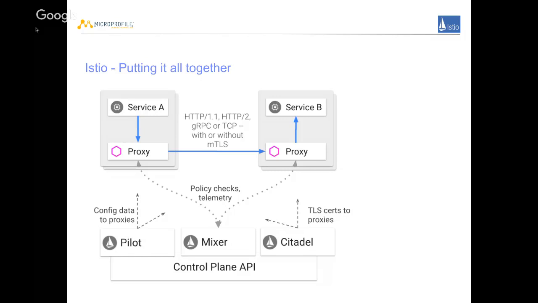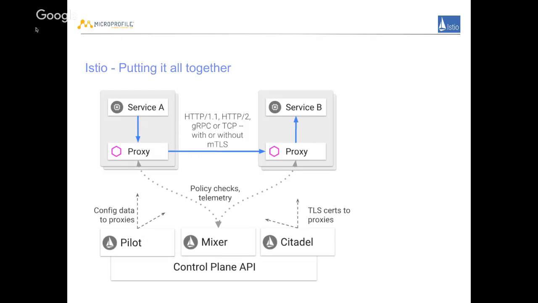Instead, you go through the proxy. The sidecar proxy is more like a minion. The proxy can then add all the quality of service and be able to do mutual TLS, etc. to call into service B, or do some fault injection or a canary deployment, etc. So this is how it works.